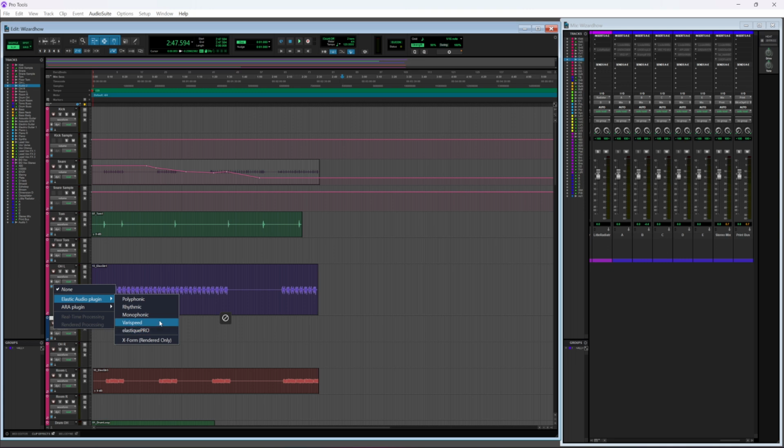Vari speed mimics a tape machine, so changing the speed changes the pitch. We also have X-Form, which is rendered only, not real time, meaning it takes time to process after every move. So this is the processor. If I select that like that,